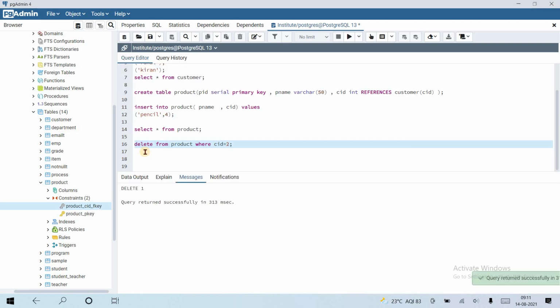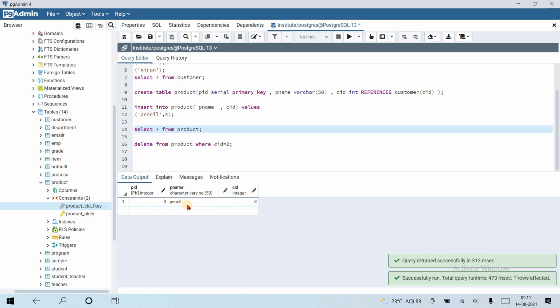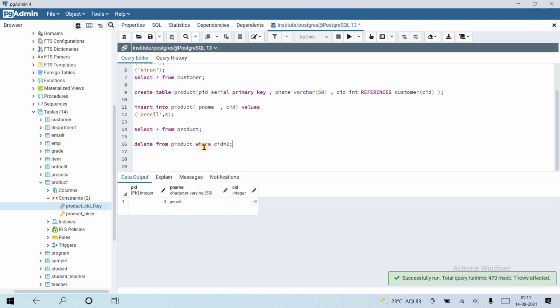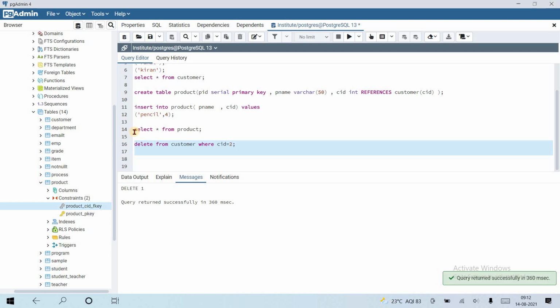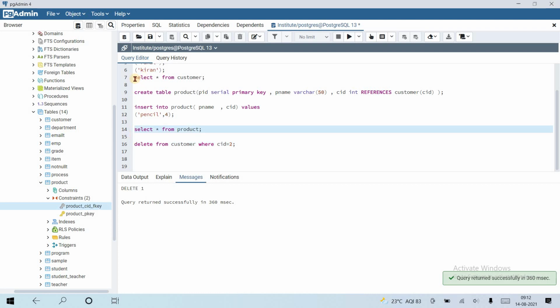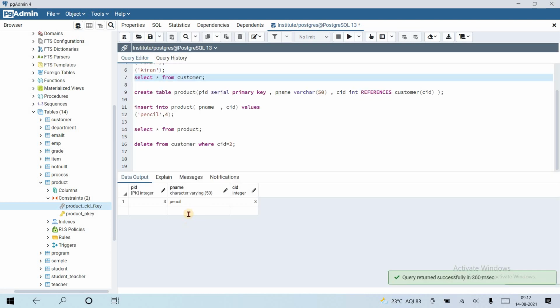The first query is done successfully, Rahul is deleted from here, customer 2. Now delete CID equal to 2 from the customer table, it will be deleted because there is no reference. Yes, from the customer table Rahul is deleted.